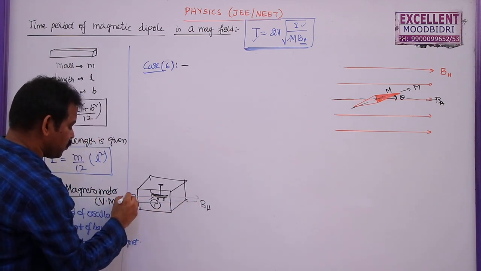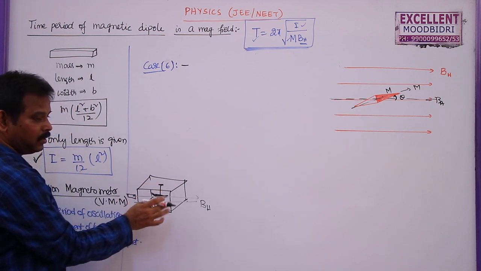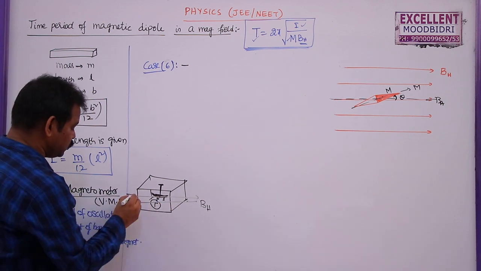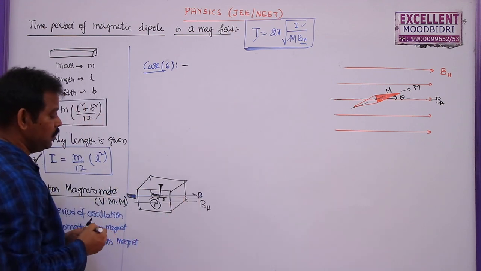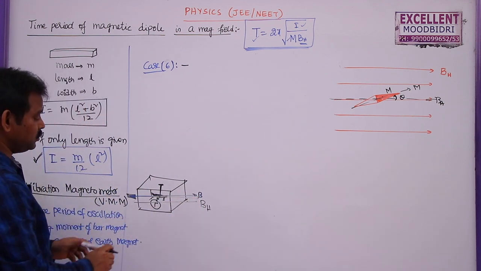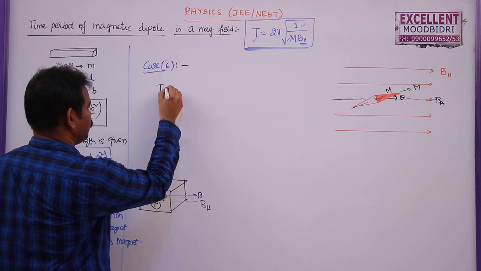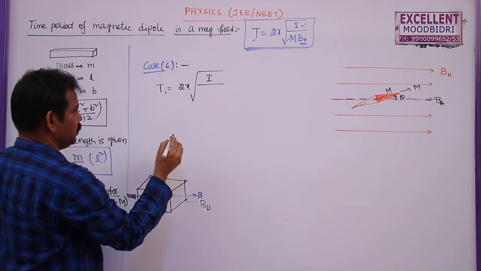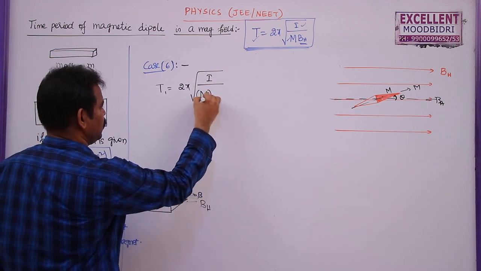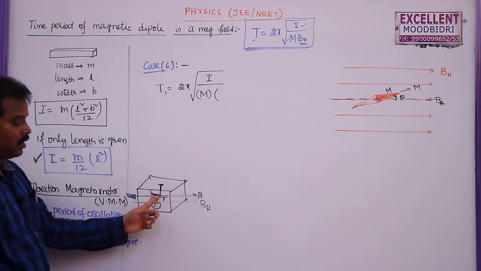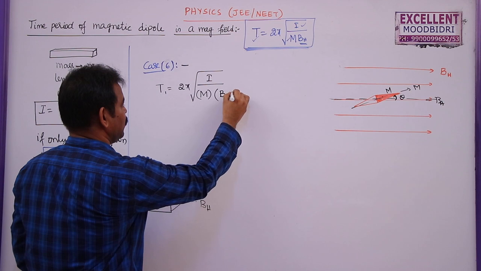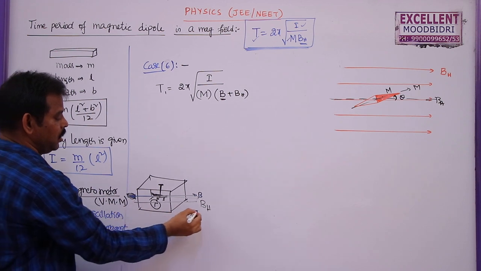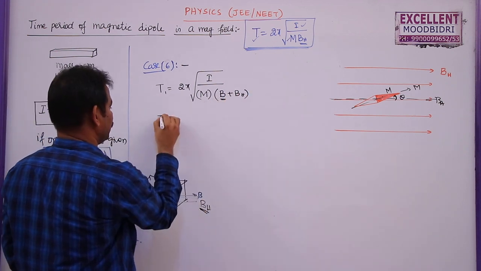Now here in a vibration magnetometer already the earth's magnetic field is acting in this direction. Let us say you keep one more bar magnet here. Now this magnetic needle which is suspended from the support will experience two magnetic fields, one due to earth, the other due to this small magnet, so this is also B. If both are acting in the same direction, then what is the time period of this magnet? Time period T1 is given by 2 pi root of moment of inertia I, M will be M only. The resultant magnetic field acting on this small magnet is given by B plus BH. B is the external magnetic field applied due to this bar magnet, and this is the earth's magnetic field. So this is equation 1.